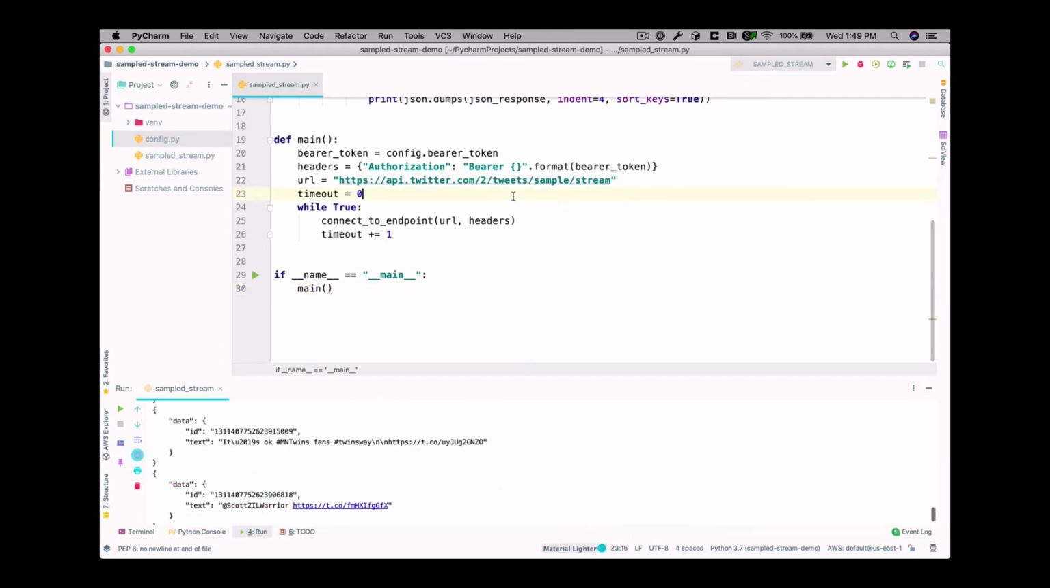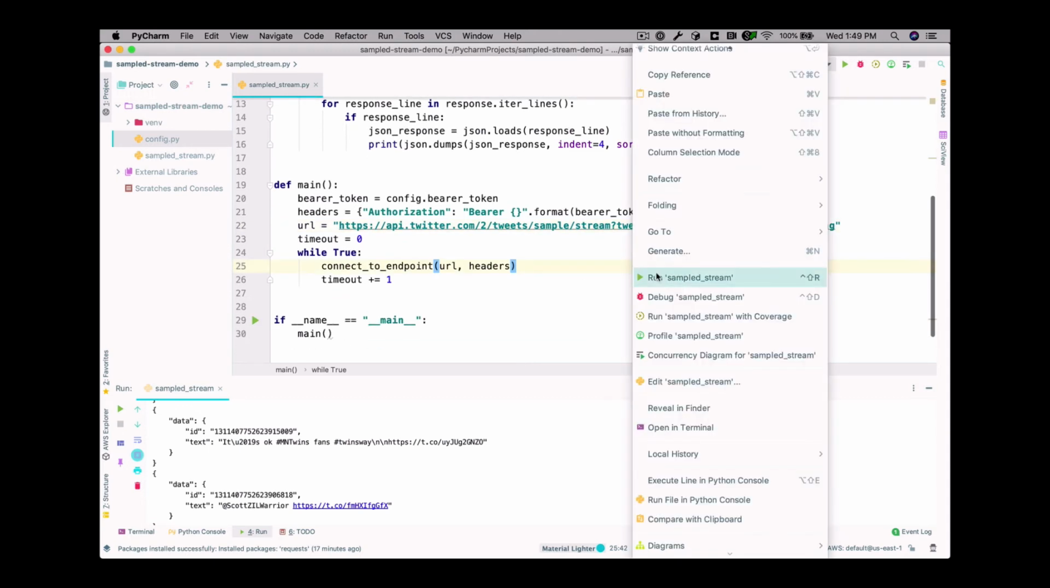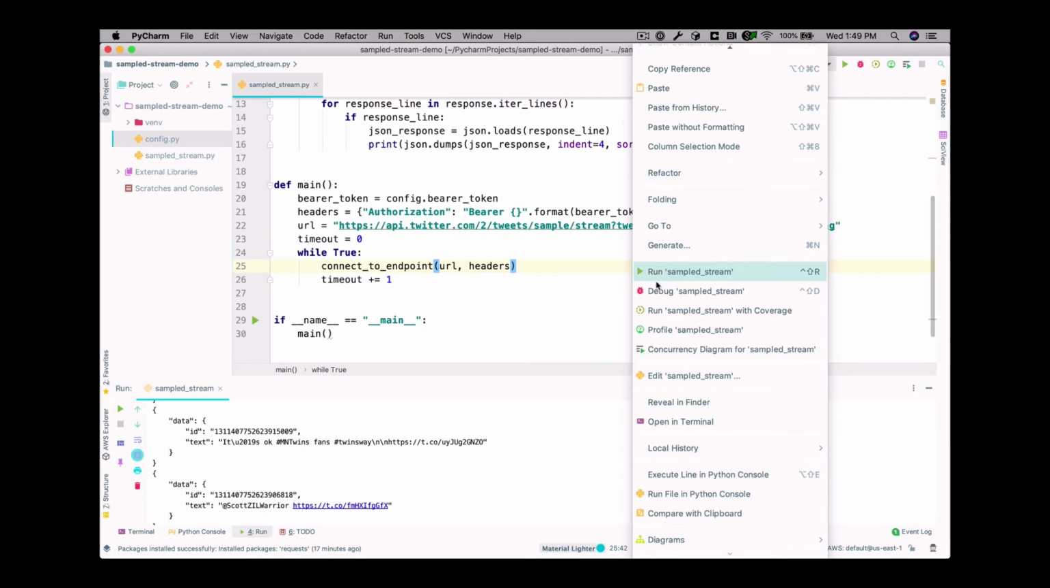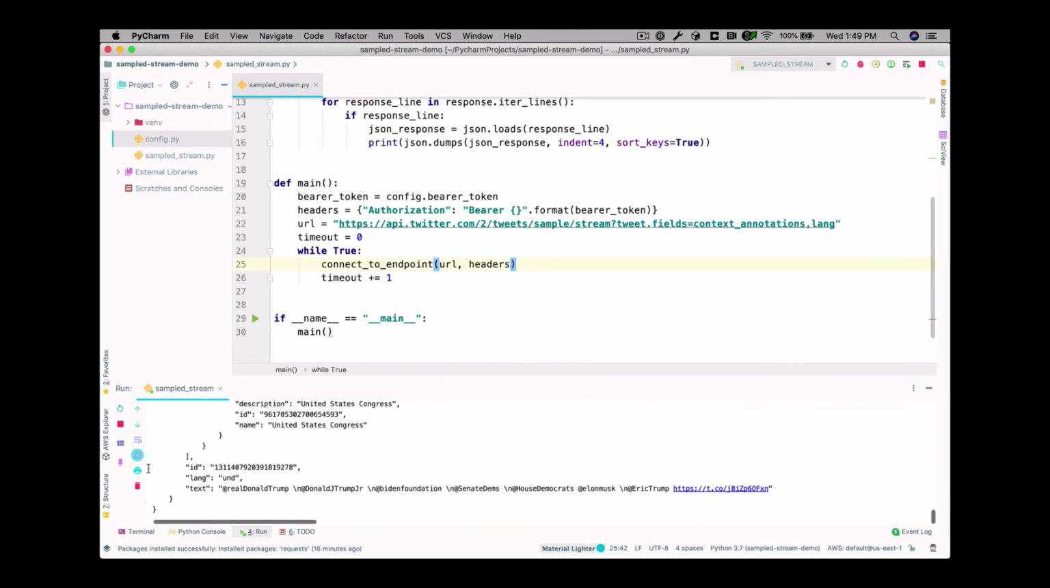What if I want more fields for a tweet, such as the context annotations, so that I can understand contextually what the tweet is about, as well as the language of the tweet? We can specify those fields using the tweet fields parameter and by specifying the additional fields that we want. Now when I run the program, you can see the lang field and the context annotations are available in the